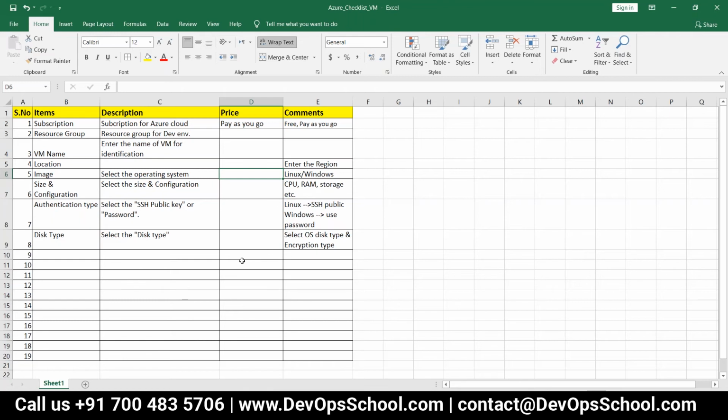So likewise you can prepare, right, Avilash and Arun? So one question, Rohit here. What is the purpose of this checklist? The purpose of the checklist is that whenever you are going to create the infrastructure in a cloud, you need each and every piece of information, what type of configuration they need. Suppose a client has asked you, we need one virtual machine. That's all. So you should know